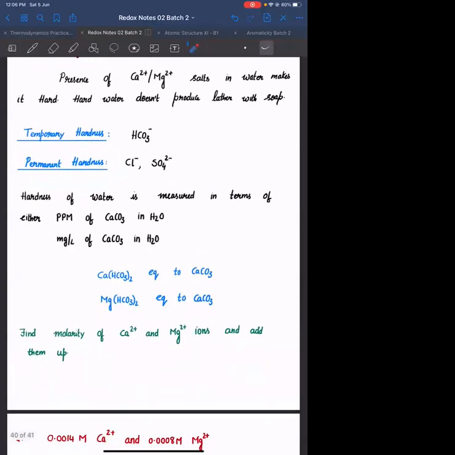Dekho, if I have Ca(HCO3)2, which is calcium bicarbonate, इसका Z factor जो है, calcium carbonate का Z factor जो है, दोनों same है. So we will be converting the amount of Ca(HCO3)2 present into equivalent amount of CaCO3, and यहाँ पे molarity will be equal to normality because the Z factor is same. इसका भी Z factor 2 है, इसका भी Z factor 2 है.